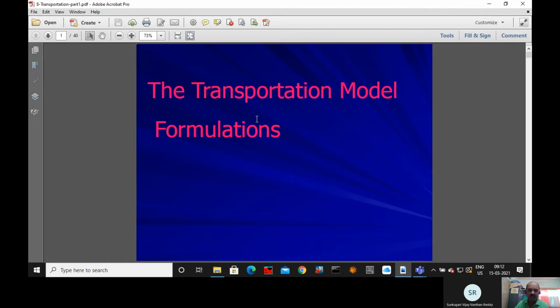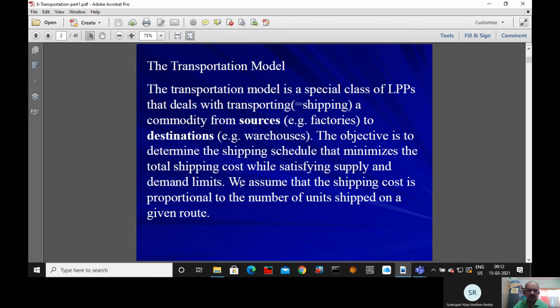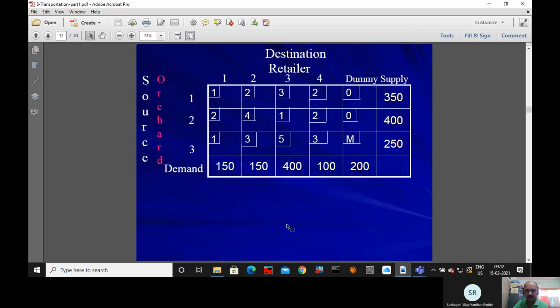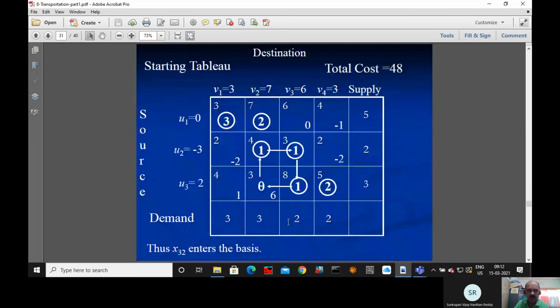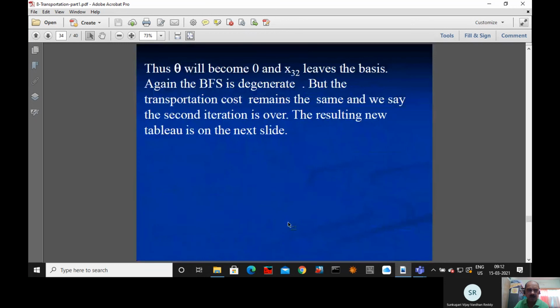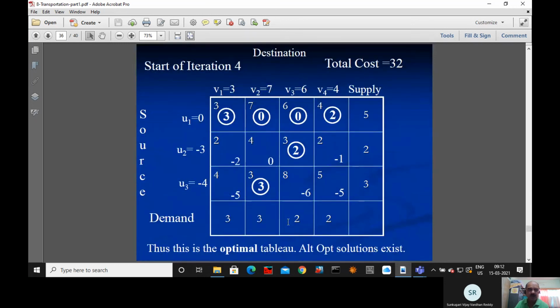So as a result, we have the value here. So we have got the solution. The solution is something like 3, 0, 0, 2, 2, 3. These are the values of the basic variables. And what is given here? It is given that this problem also has an alternate optimal solution.